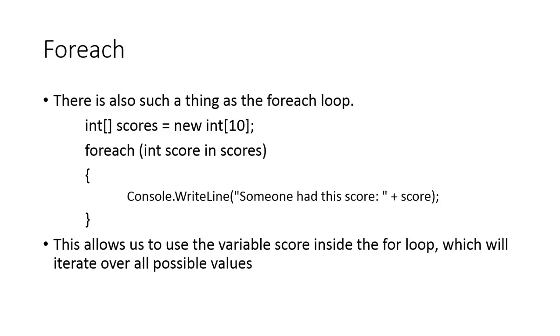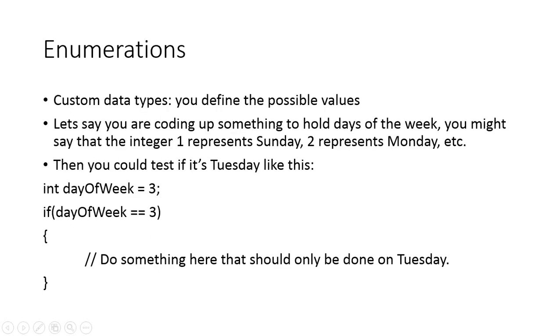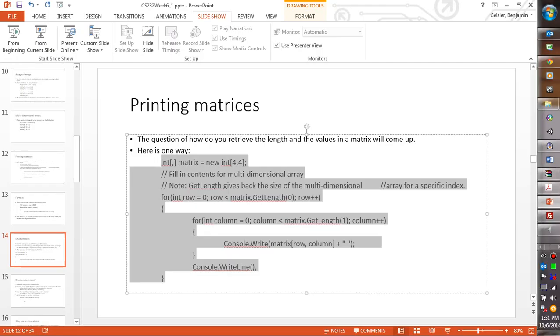Another easy thing to do is the foreach loop. So this basically says for each int score in scores. The score in this case, each time it goes through the loop, it takes on a new value. So for example,